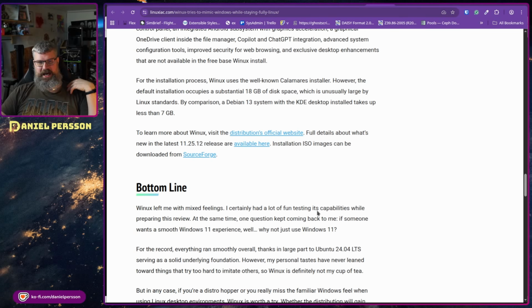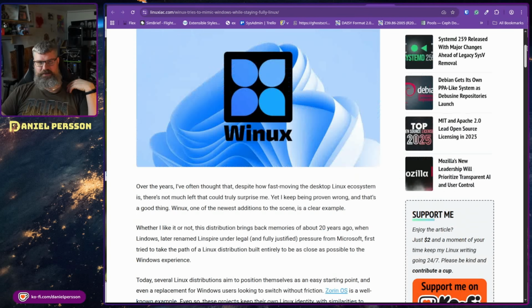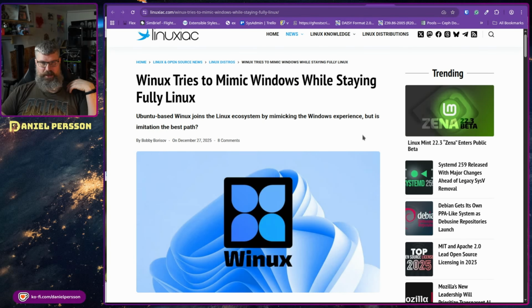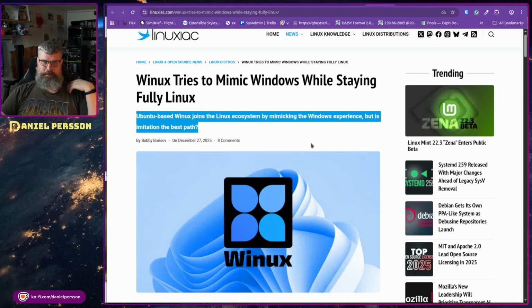Next up, we have the release of Winux. And it tries to mimic Windows. It's a Ubuntu-based Windows system that looks like Windows. So if we look here,